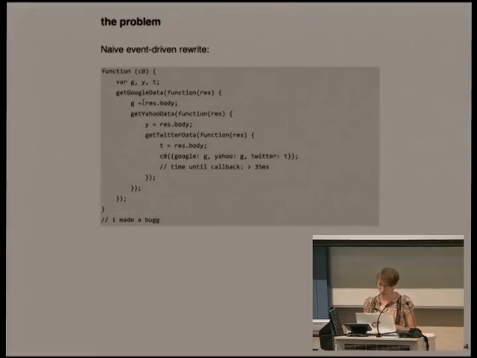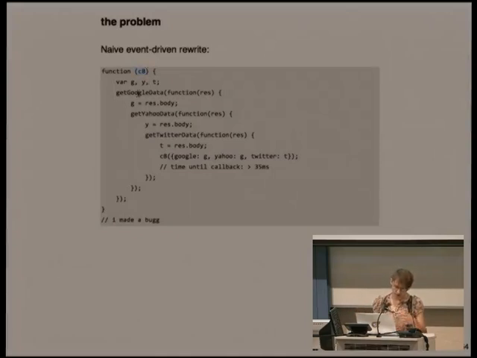So in Node.js, instead, here's what you get. This is what a naive Node.js programmer would do. You call, get some data. Once you get that response, you go, great, I want to get my next thing. And you pass it a callback, which gets called when you get your next response. So in that callback, you go, great, I've got that. Then you say, well, I'm going to need this as well. So in the callback for that, you go, great, I've got that. And when you've got all of them, you can call the final callback, which actually returns the data to the caller. And then the caller has to have set up a callback on that to deal with the data.